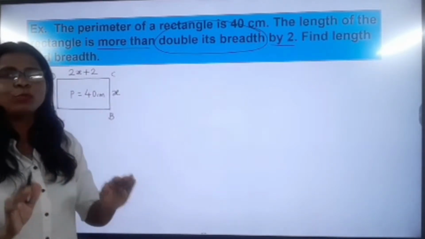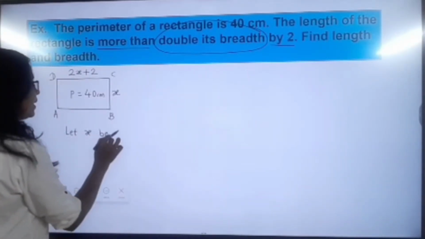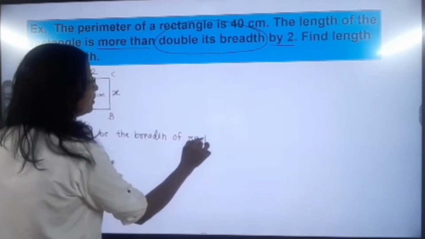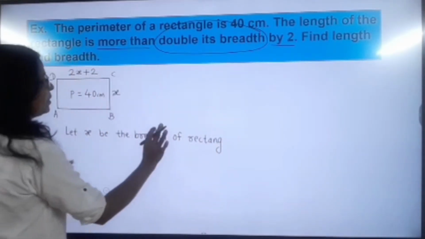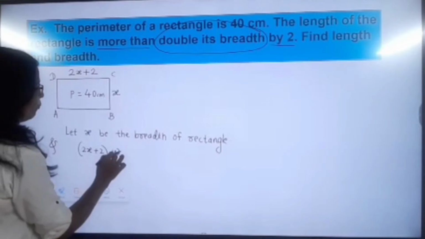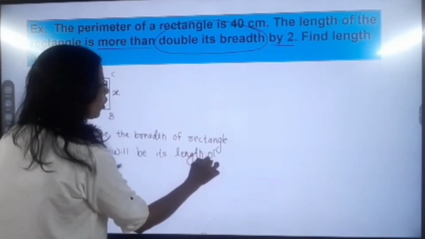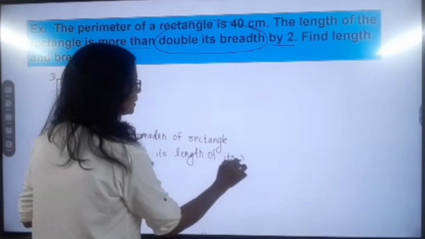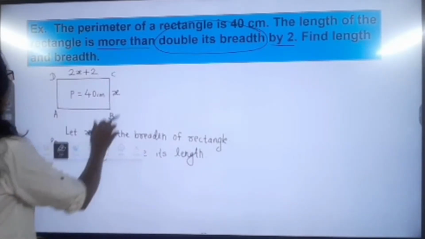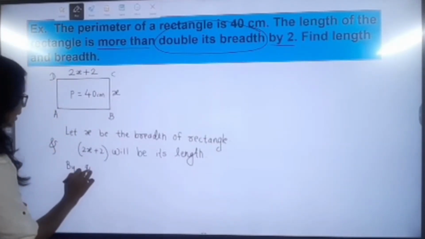So here now I clear out what I have to write down. Okay students, so first I write down, let x be the breadth of the rectangle, and 2x plus 2 will be its length. Then here, by the given condition,